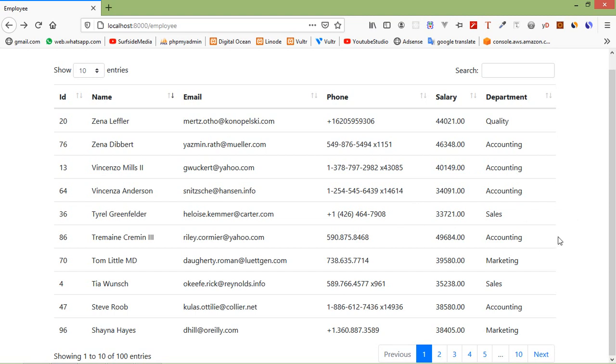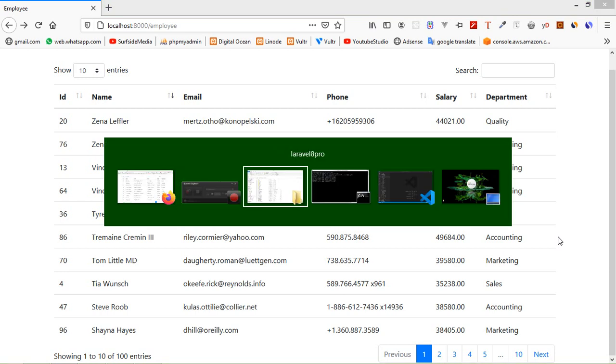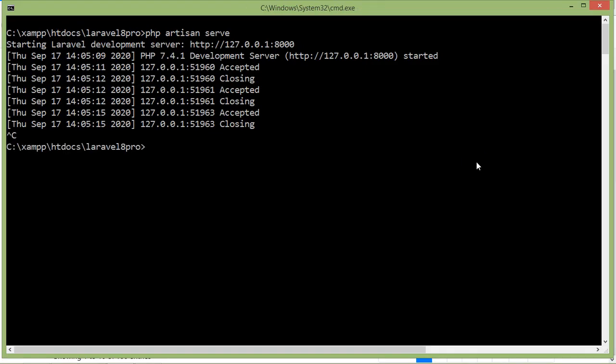So for that, first of all, let's install the package. Switch to the command prompt, and here just type the command for installing the package, which is composer require yajra/laravel-datatables-buttons.